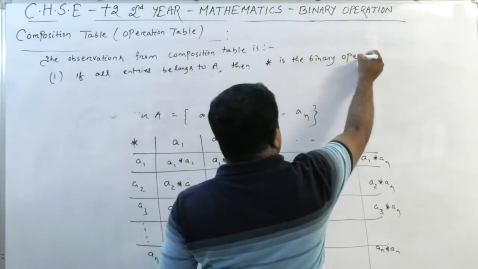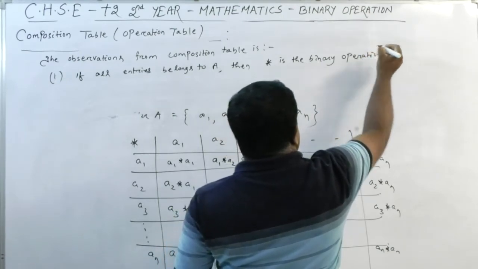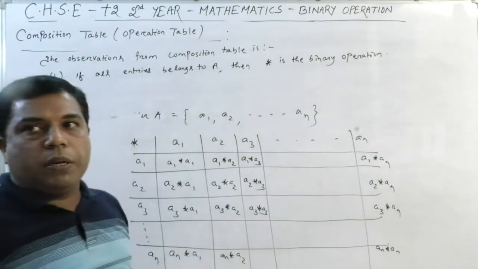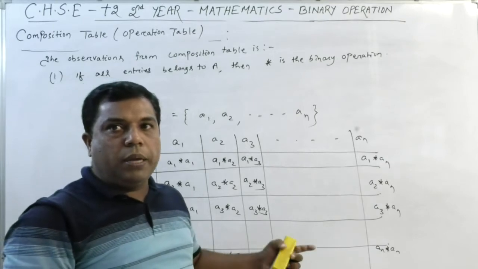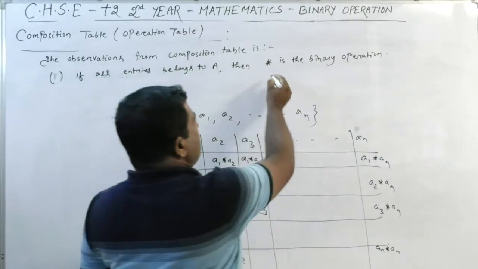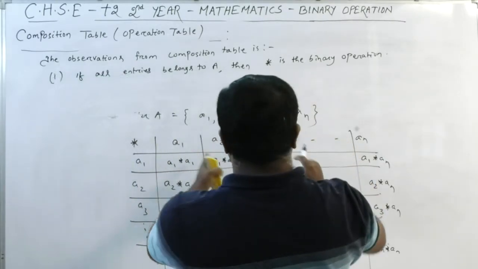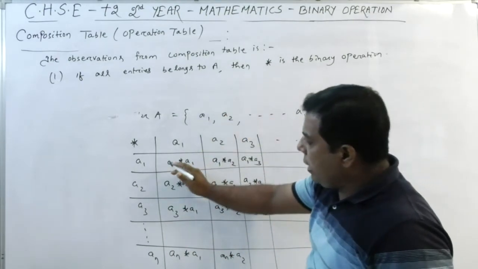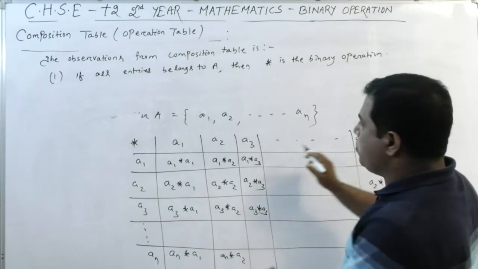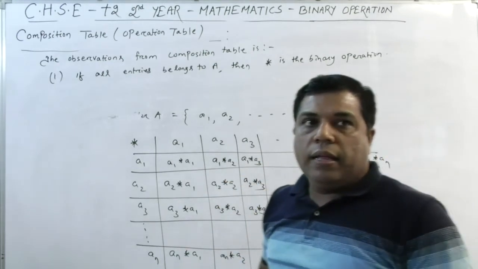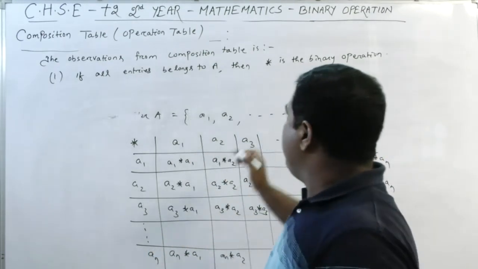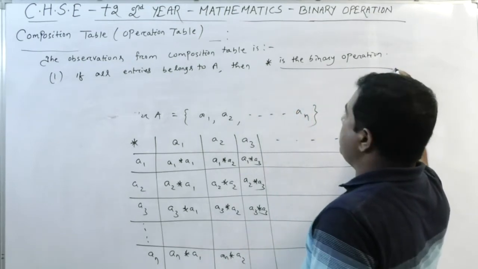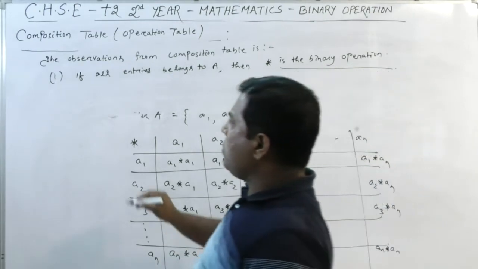So we can verify from here whether this process is a binary operation or not. If all results belong to set A after the calculation, then we can say it is a binary operation. Okay. Next,